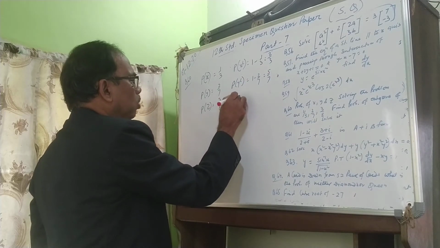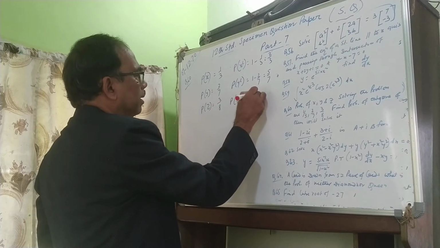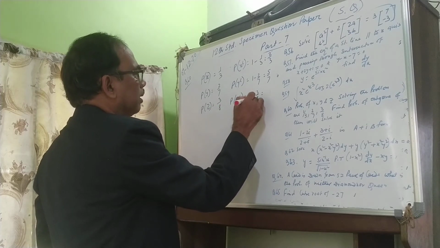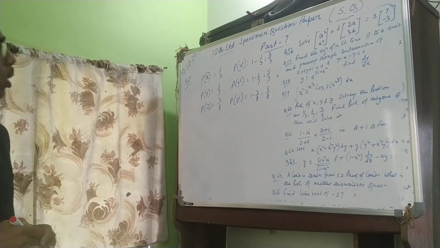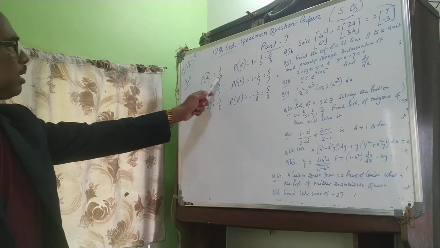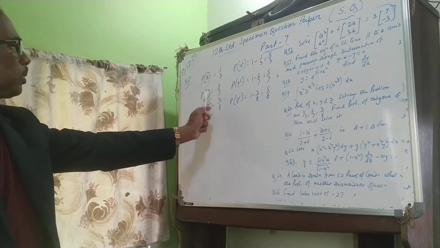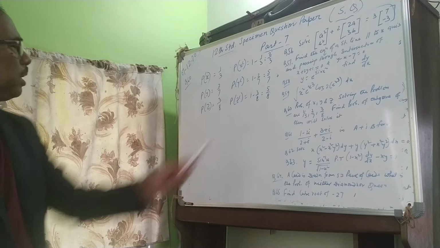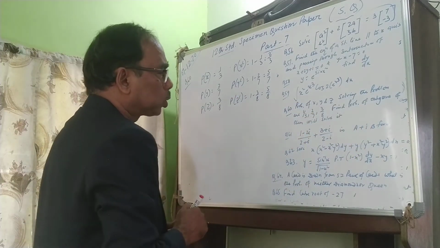And P(z complement), that is z could not solve, is 1 minus 3/8, that is 5/8. So P(x) can solve is 1/3 and could not solve is 2/3. P(y) solve, probability of solve is this, could not solve is this. Now find the probability that only one of them will solve it.